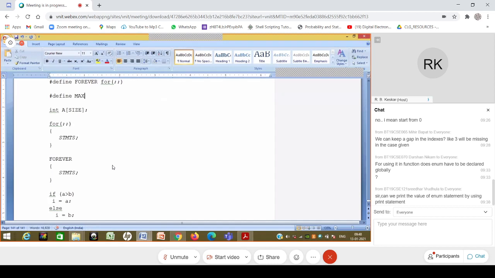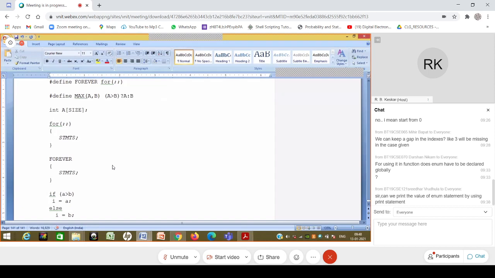For example, if I want to define max of a comma b, I'm going to make some modifications later on, but I can define this by A greater than B. Is this the case? If that is the case, then the answer is A. Otherwise, the answer is B. This is a replacement string.